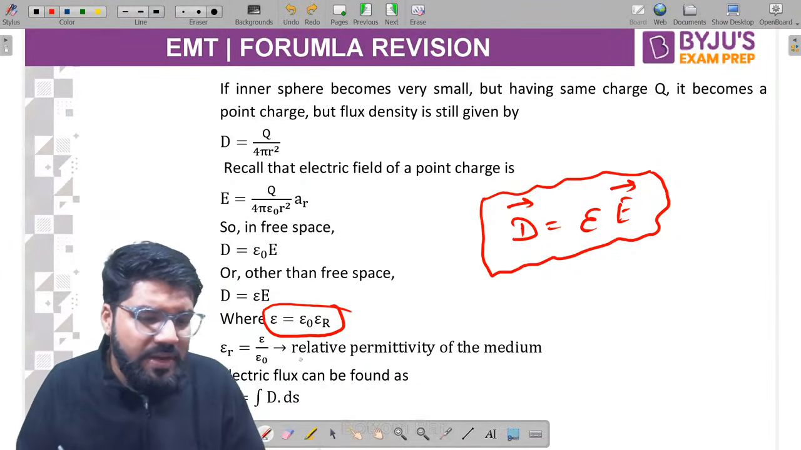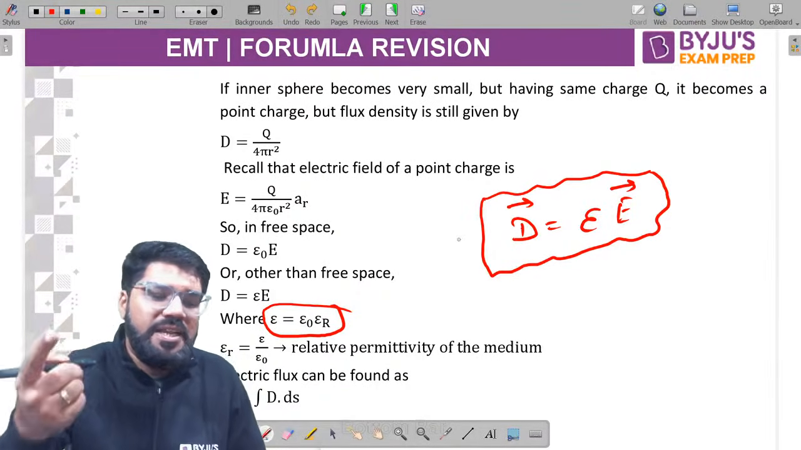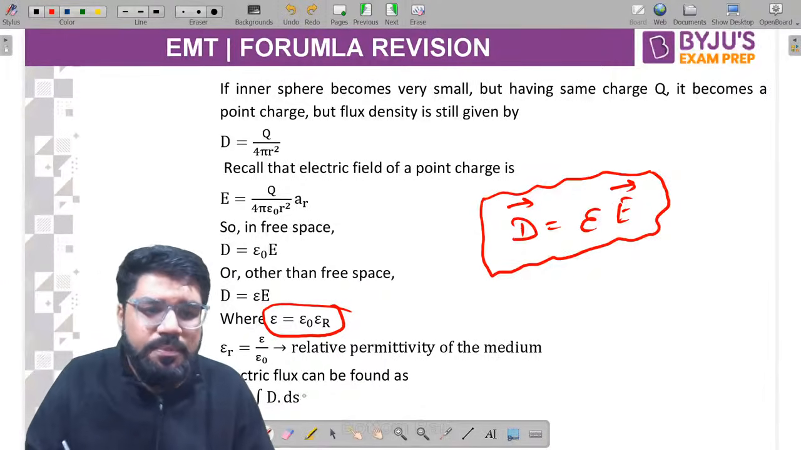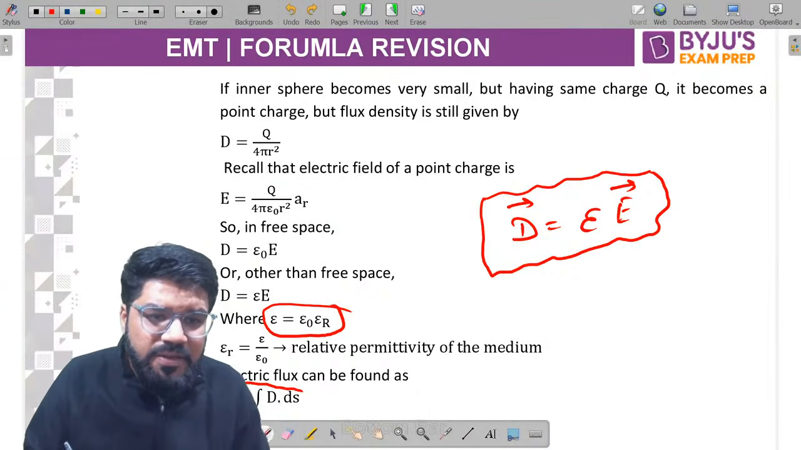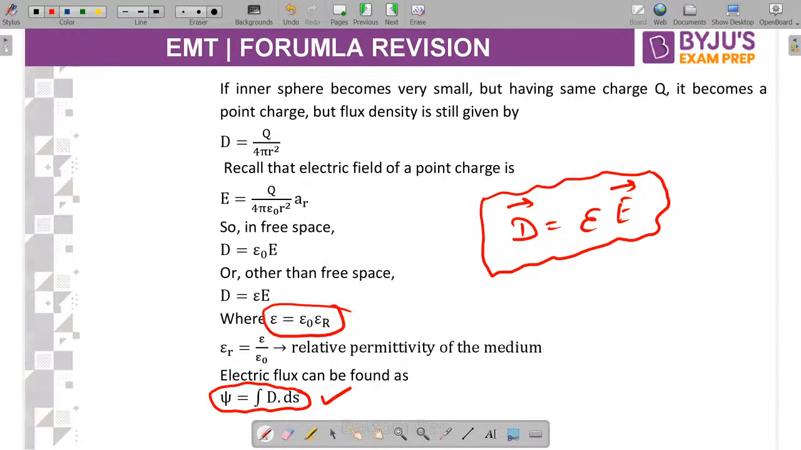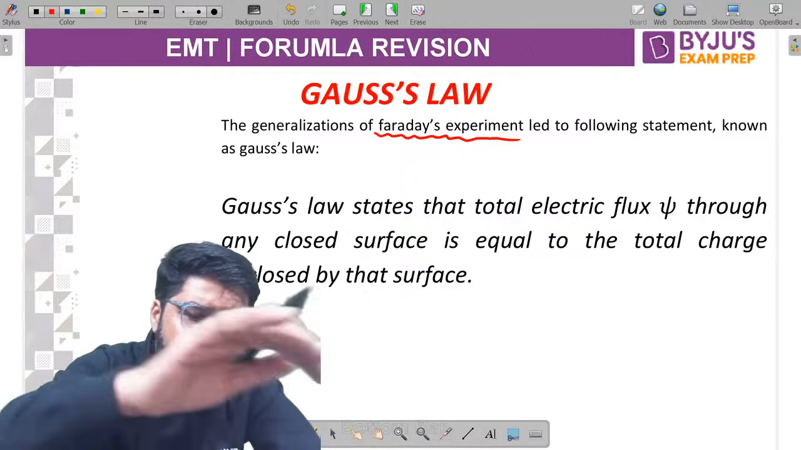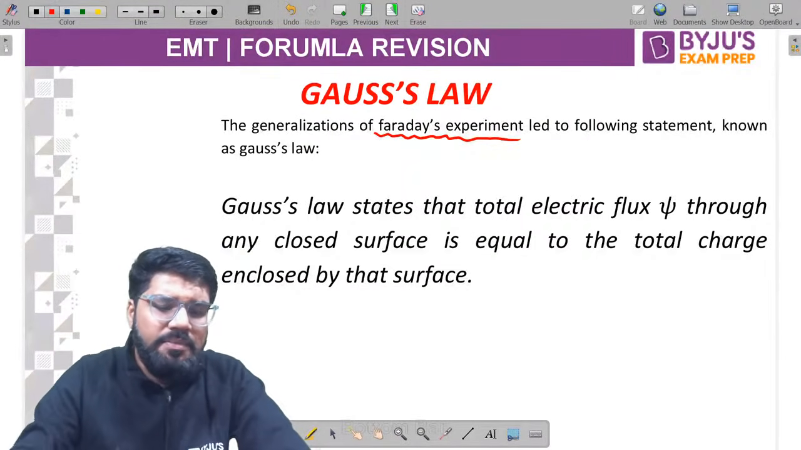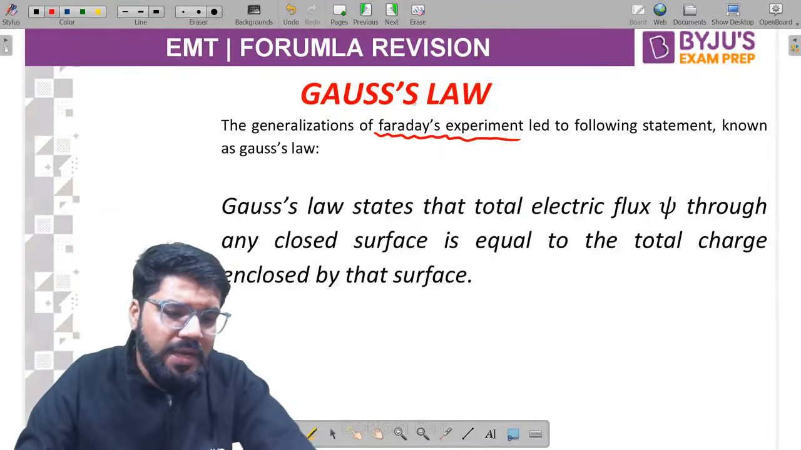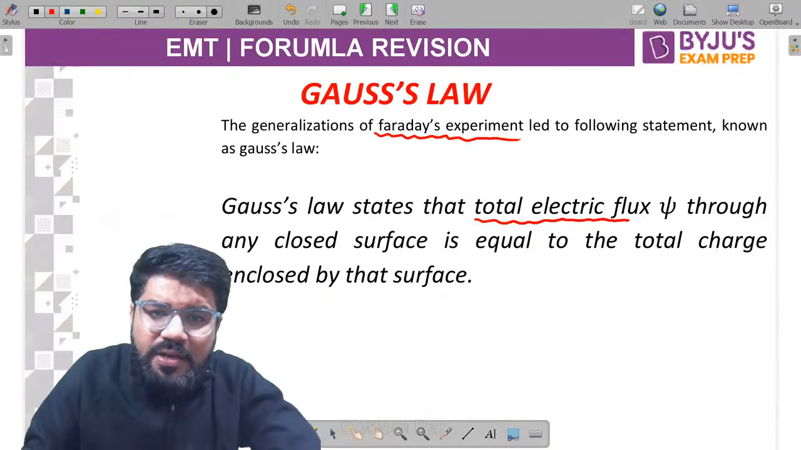What is the total flux? Since the D is the flux density, flux per unit surface area, the total flux can be obtained by the surface integral of the flux density vector. And as I told you, with the help of Faraday's experiment, Gauss mathematically modeled this and came to the conclusion known as the Gauss law, which states that the total electric flux through any closed